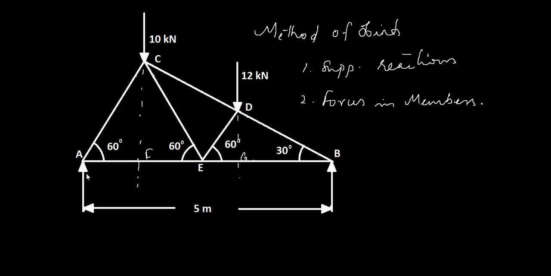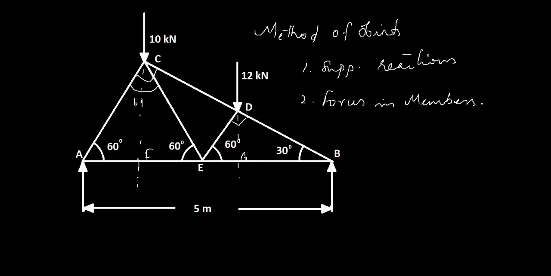this figure. You have the supports separated by 5 meters, and you've got a right triangle here, the bigger one, with 60 and 30 here, and therefore this is a right triangle. And you've got another right triangle here, EDB. We've got 60 here, 30 here, and it's again a right triangle. And also you can see this is an equilateral triangle because you have 60, 60, and therefore this is 60 degrees. So side AC will be equal to CE, and that will be equal to AE, and the total distance is 5 meters. Let's see how we can find the distances to the forces 10 kilonewton and 12 kilonewton